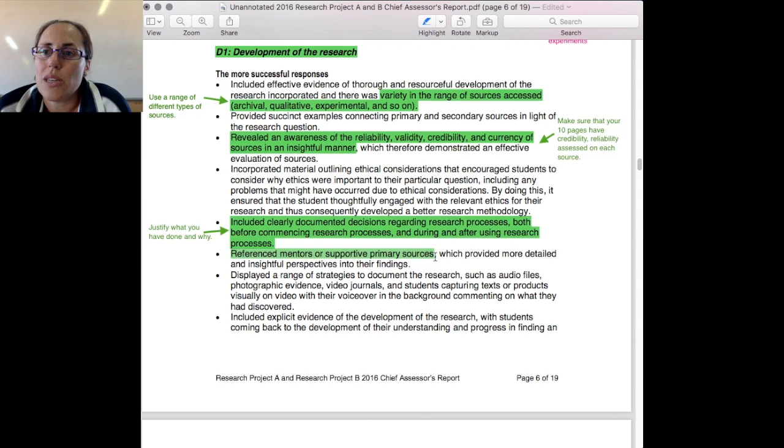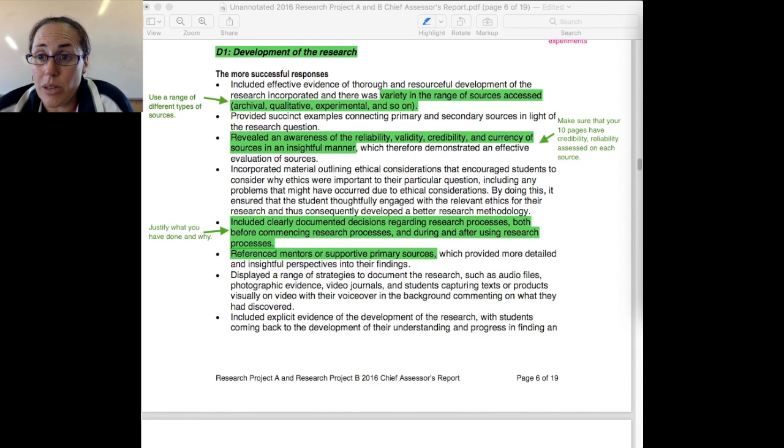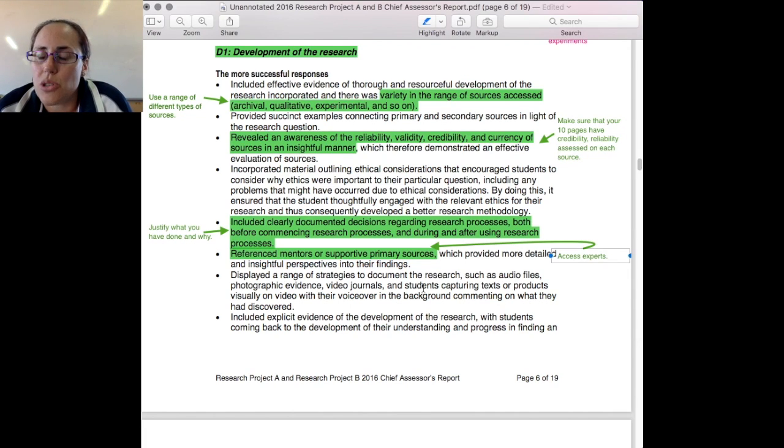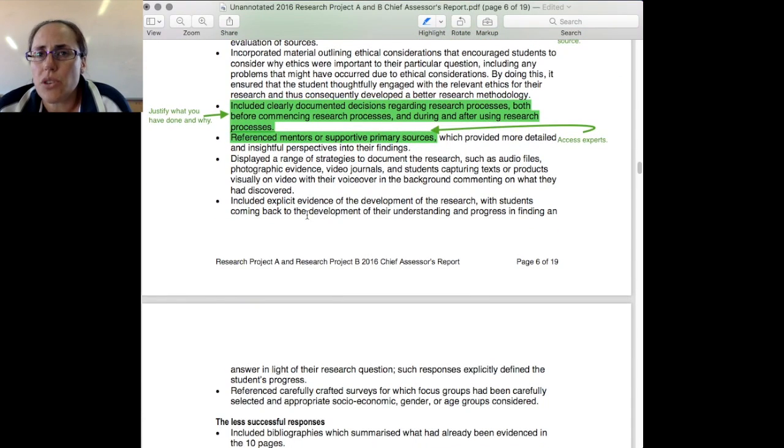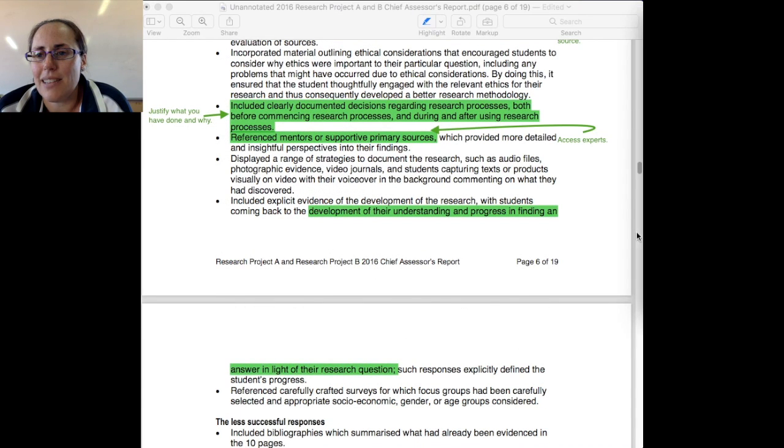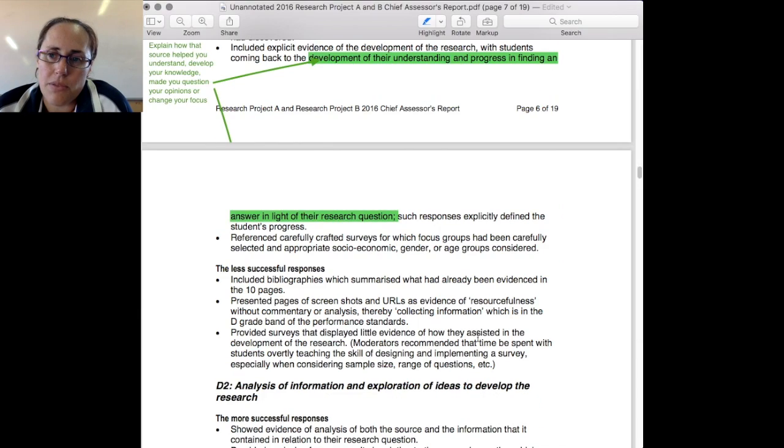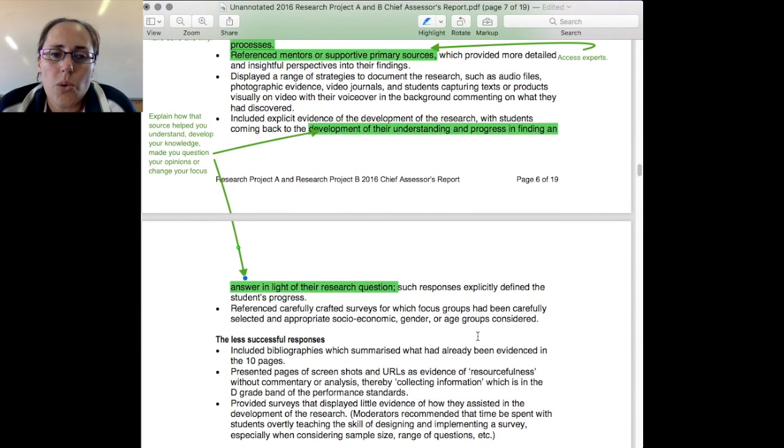Make sure that if your question allows you to talk to an expert, you at least attempt to do that. You may not actually get any responses to an email or to surveys. That's a challenge. That's okay, but at least try, because if you try, then it shows that you understand that the internet is not the only place that you can get information from. Sometimes you actually have to be able to ask someone else that you've never met before for additional information. All right, so always go back and have a look at experts and whether or not they're able to help you.